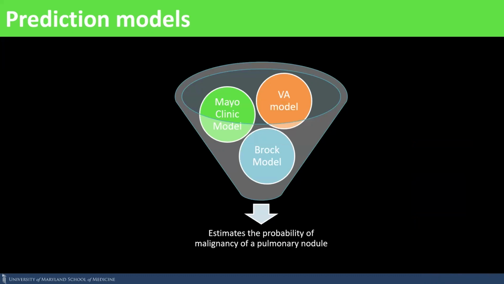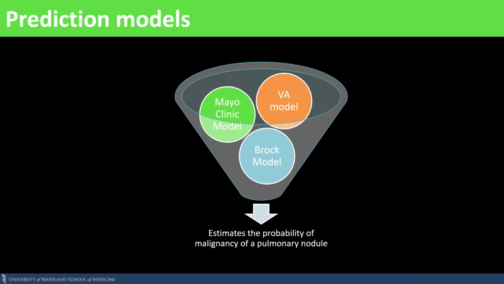So what is the role of PET-CT in evaluating pulmonary nodules? Before I get to that, I want to briefly talk to you about the prediction models that exist. These are different composite models that have been published looking at different centers and nodules, trying to come up with the independent predictors for determining whether a nodule is suspicious or not, and how likely it is going to be a malignant nodule. So if you look at the Mayo Clinic models, they looked at essentially 419 nodules, and about 23% of those nodules were malignant.